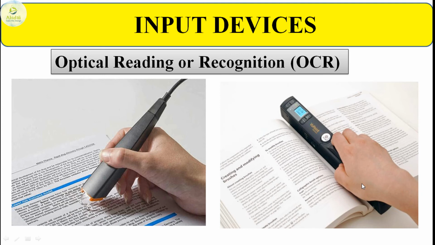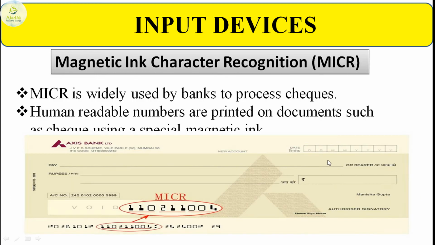That will scan and place the entire document in an editable format in the memory which is placed onto this device. The normal cost of this device is 14 to 15,000, and many editors will make use of this particular hardware device. Later on, we can convert it into the editable format.